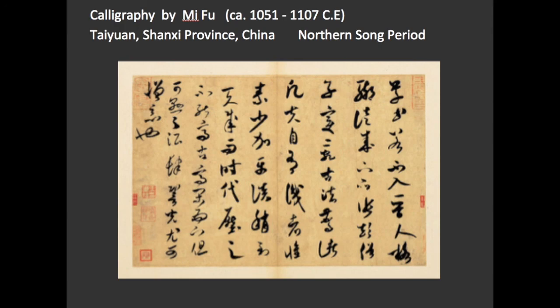This is a work of calligraphy by Mi Fu, a Chinese poet and painter who lived during the Northern Song period. It is important to remember that calligraphy, the highest and most historically important art form of China, was something to which Chinese artists dedicated their careers and their lives. The qi yun, the breath of life, the spirit, guided ways in which Chinese artists for centuries have used calligraphy to express their energy, their intellect, their emotions, and their creativity.